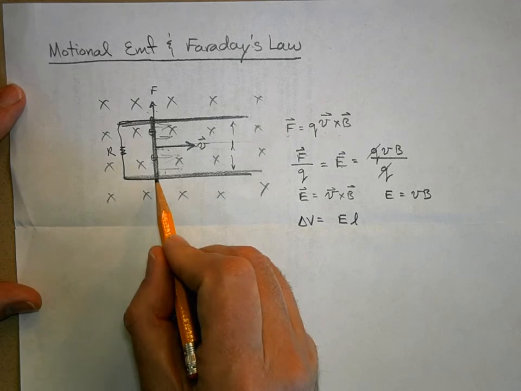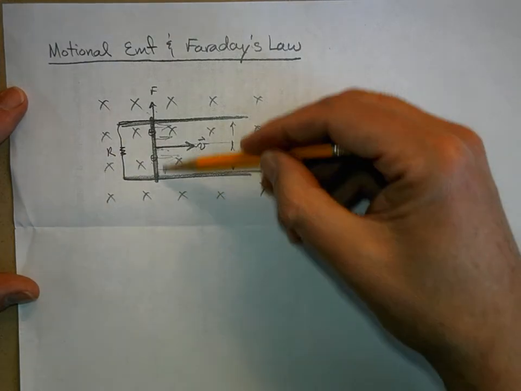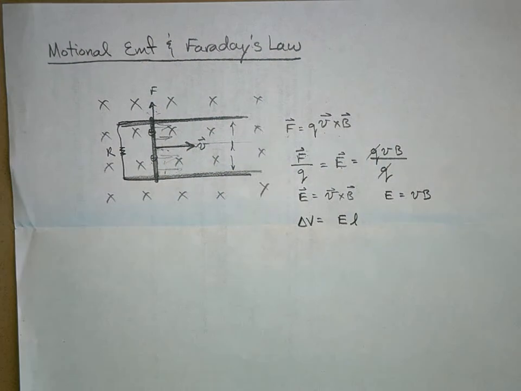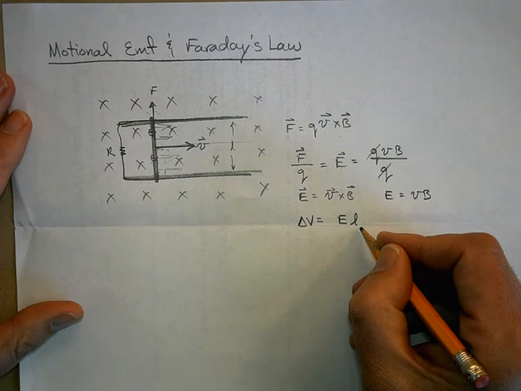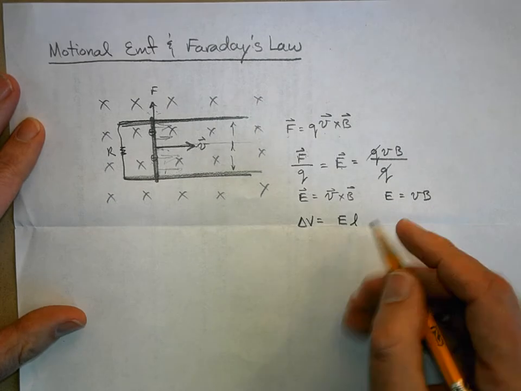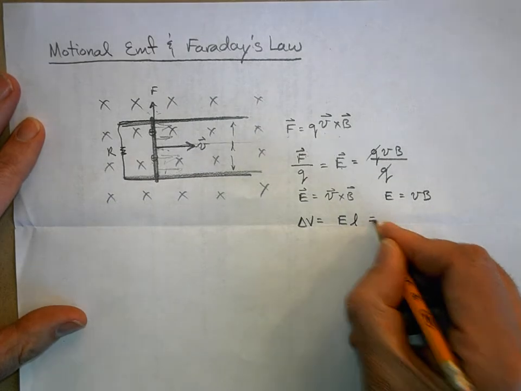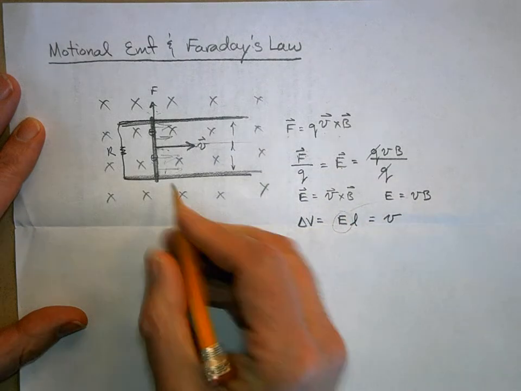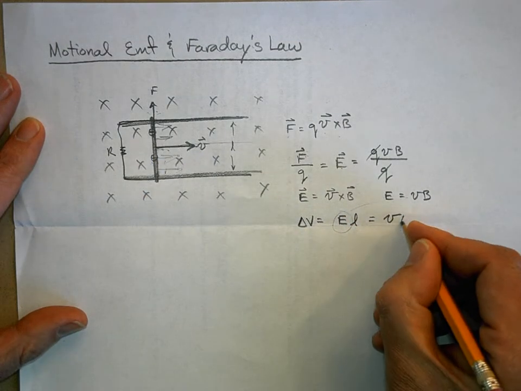That's the voltage from here to here. Now, because the electric field is up, this is actually a voltage drop, I believe. But let's just ignore that for now. But this is equal to VB. The electric field is just the velocity that I move this guy times the strength of the magnetic field